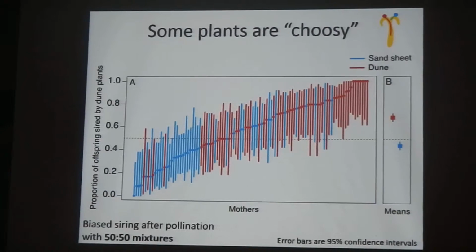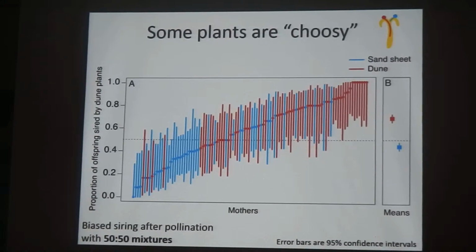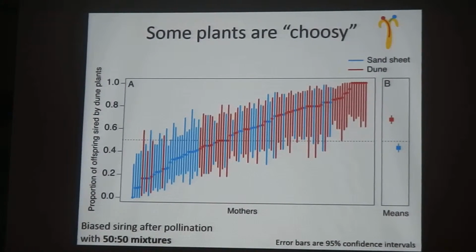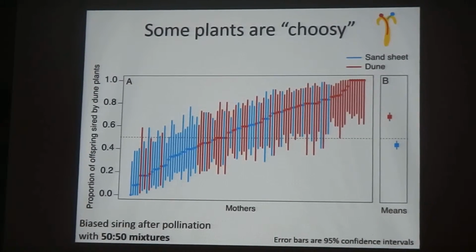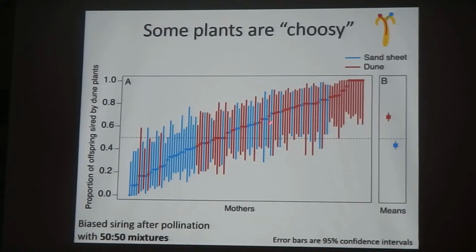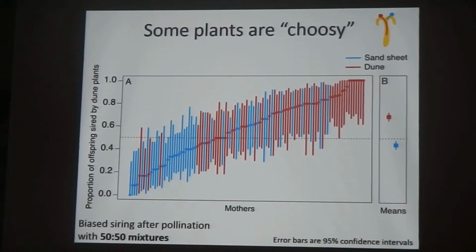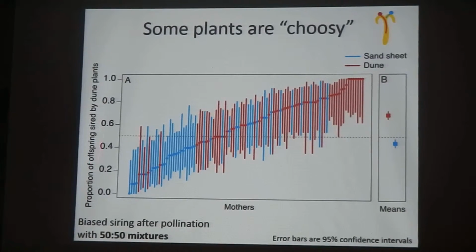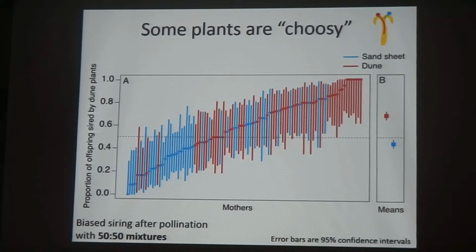So this is a reproductive barrier that arises when you put equal amounts of pollen from both ecotypes. In this case, I made mixes of dune and sand sheet pollen, and we put those on multiple plants. In this graph, each line represents a single mom, essentially. Red's dune, blue is sand sheet plants. And then on the Y, what I'm graphing is the proportion of offspring that are sired by